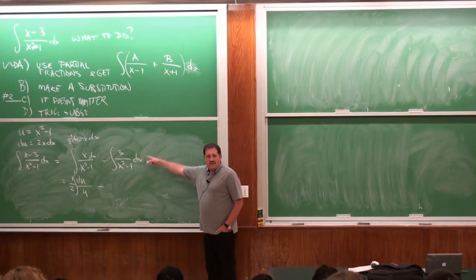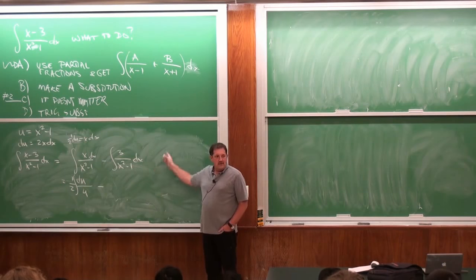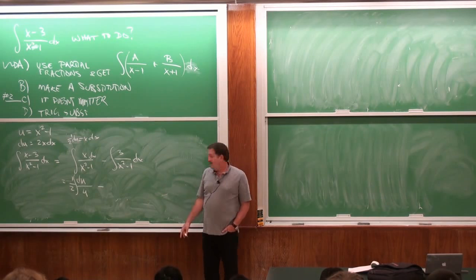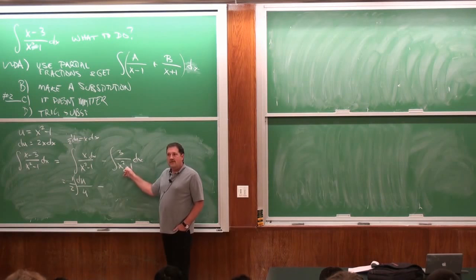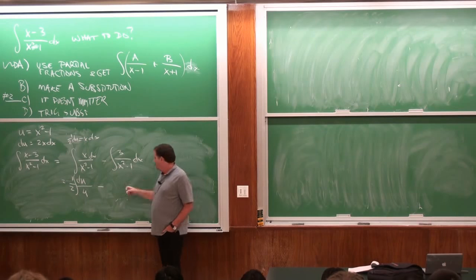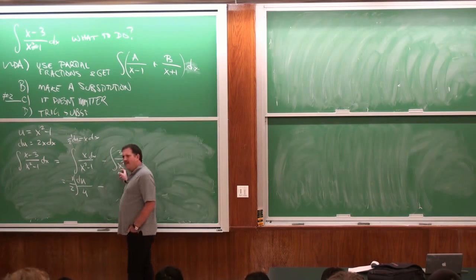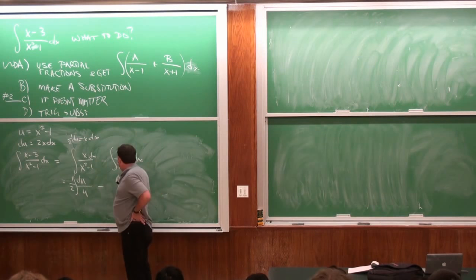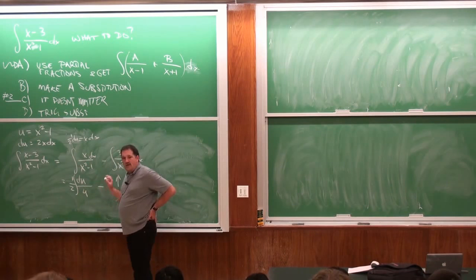Well, I guess this does matter, right? Because now here I have to do this 3 over x squared minus 1. This is not 1. I mean, now I can make a trig substitution, I suppose. But I don't want to do this, right? To do this, 1 over x squared minus 1, I have to make the substitution of secant squared. I don't know, this is ugly. Is this ugly? Yeah, this is ugly. I mean, this I would have to do by a trig substitution. So I don't really want to go here.